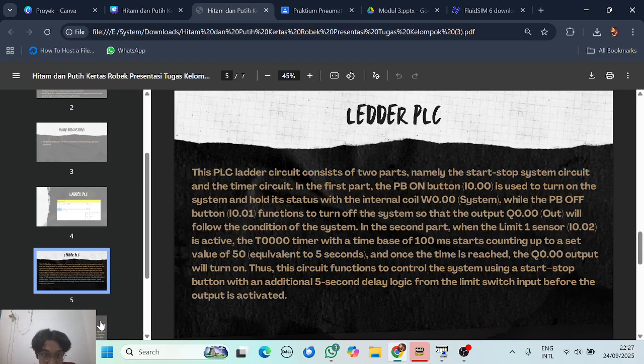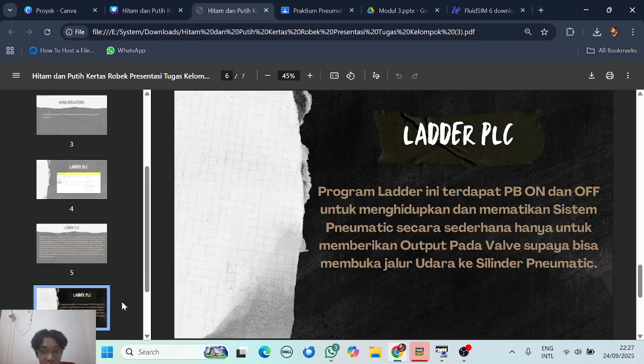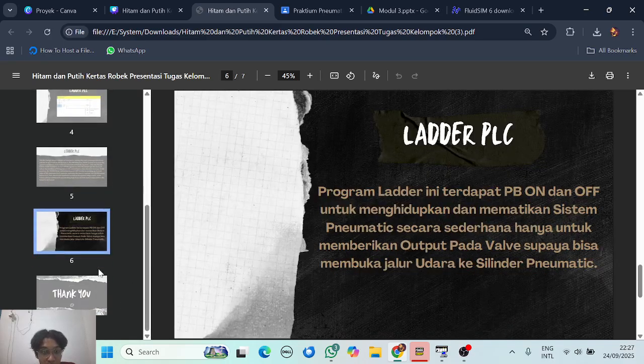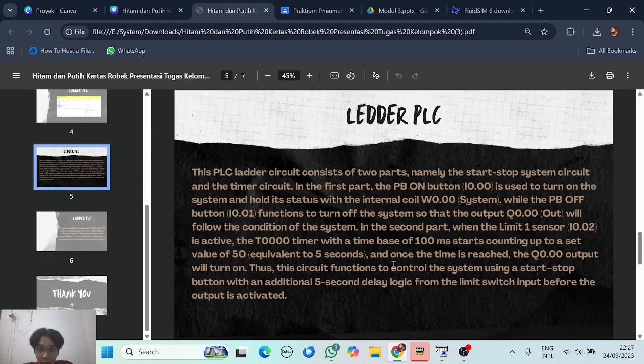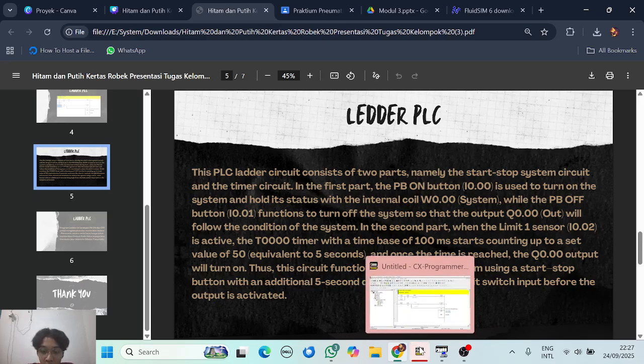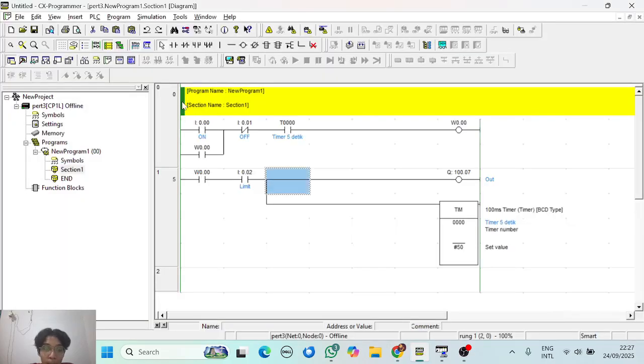Okay, next slide. Next I will explain how to make this ladder PLC step by step.